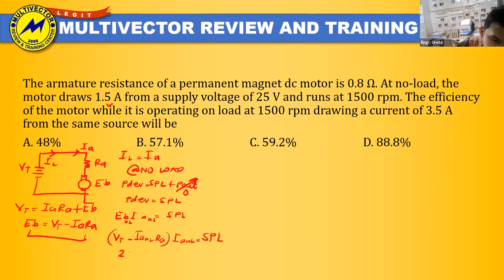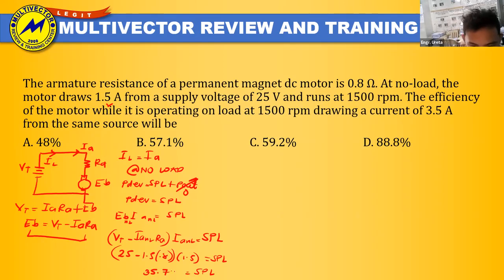Terminal voltage 25 minus 1.5 times 0.8, multiplied by 1.5, is equals to SPL. Kaya pag kinumpute natin yung stray power loss, our stray power loss is 35.7